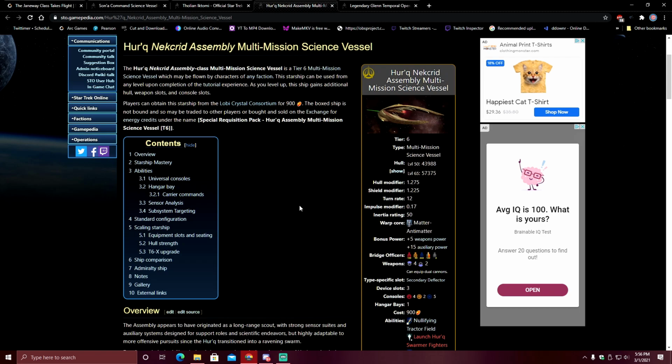a bad thing, because if you're going for a torp boat, I'm not sure you would necessarily be using that Miracle Worker seat that much anyways, just because Miracle Worker does not really help pure torp boat or science, just by observation. But I mean, feel free to prove me wrong in the comments on that. But if you're not really caring that much about the Miracle Worker seat, this would be my probably number one